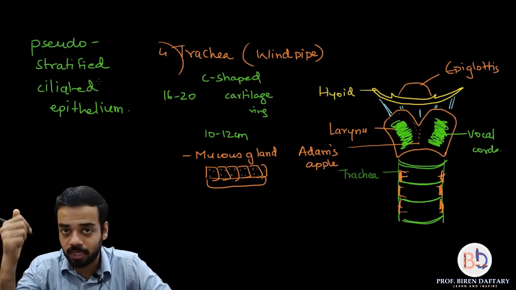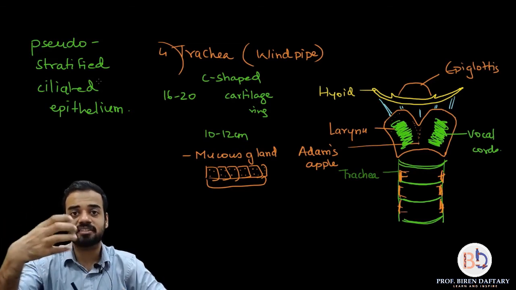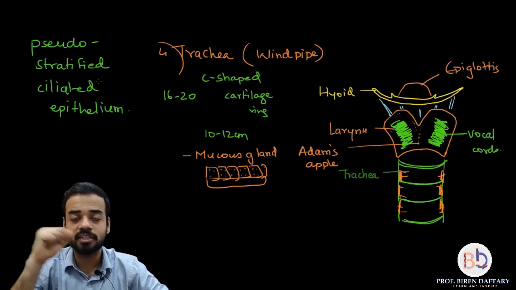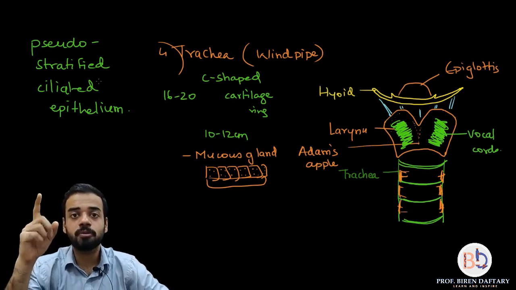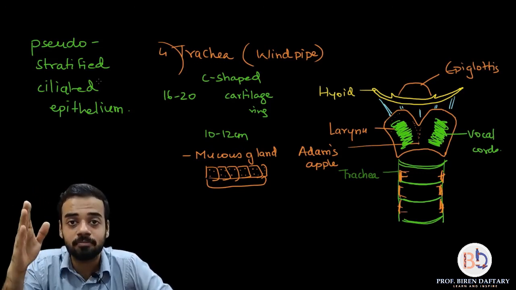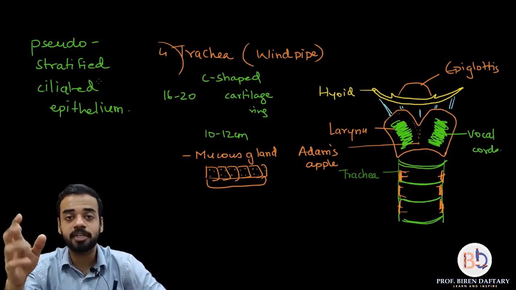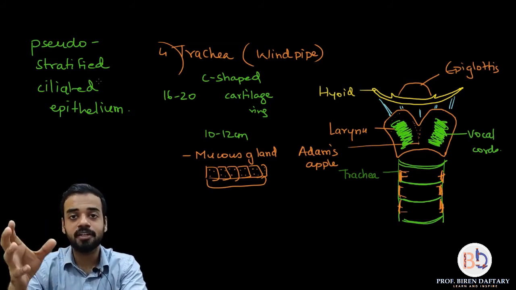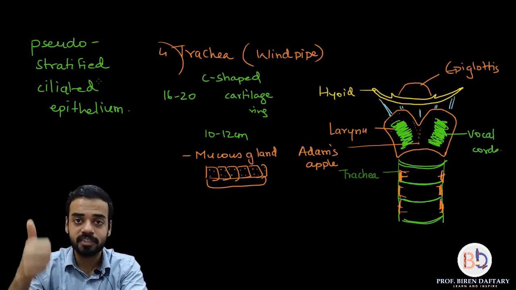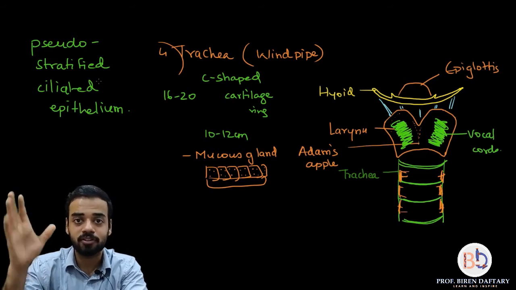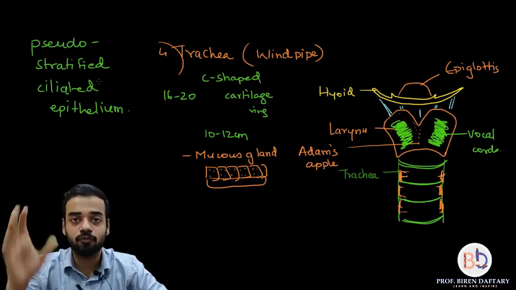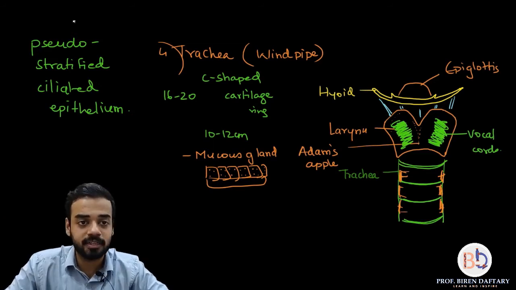So in the trachea, what is very important to remember? First of all, that it is made up of cartilage rings. Cartilage rings are sturdy and elastic, that is why they are present. The length is 10 to 12 centimeters. Then you have to remember the epithelium from which the trachea is made: pseudostratified ciliated epithelium, which I have explained. And finally, the internal surface is made up of cilia and mucus glands, whose function I have also told. So that is your trachea, and that is the fourth part of your respiratory system.